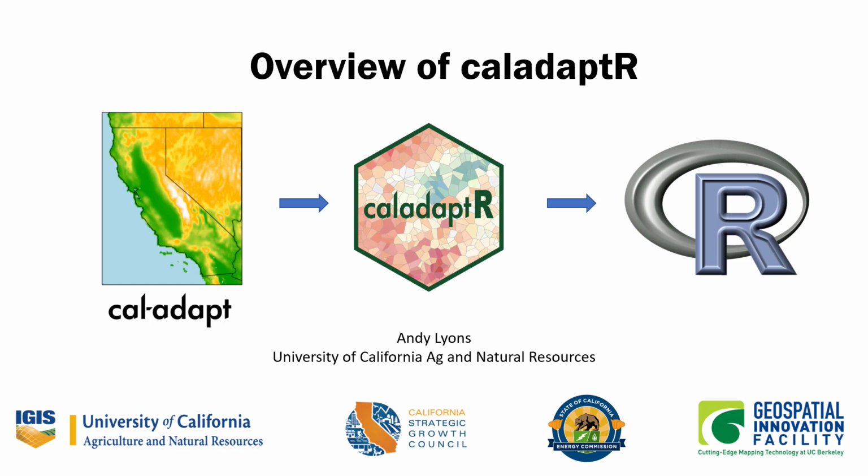Most people interact with CalAdapt through the website, but a little-known fact is that CalAdapt also has a well-developed API that allows computer programs to talk to each other so you can get the data directly from the server into R without having to go through the website. With CalAdaptR, you no longer have to download CSV files or TIFFs. Instead, you can get the data you want just for the area you want, directly into R using familiar R functions.